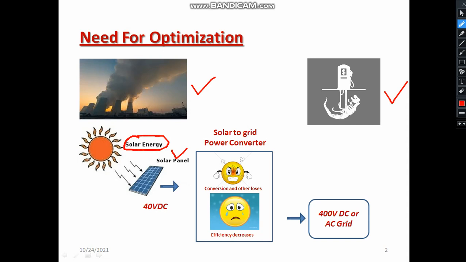Actually, the requirement is for a DC grid. So what is a DC grid? A DC grid is nothing but a particular DC bus which you can supply to telecom power or any other application. That is called a DC grid. Normally the rated voltage of the DC grid we consider as 400 volt. The output of a solar panel is very less, around 20 to 40 volt, as a typical example. It varies depending on the rating, but the requirement of the DC grid is 400 volt.